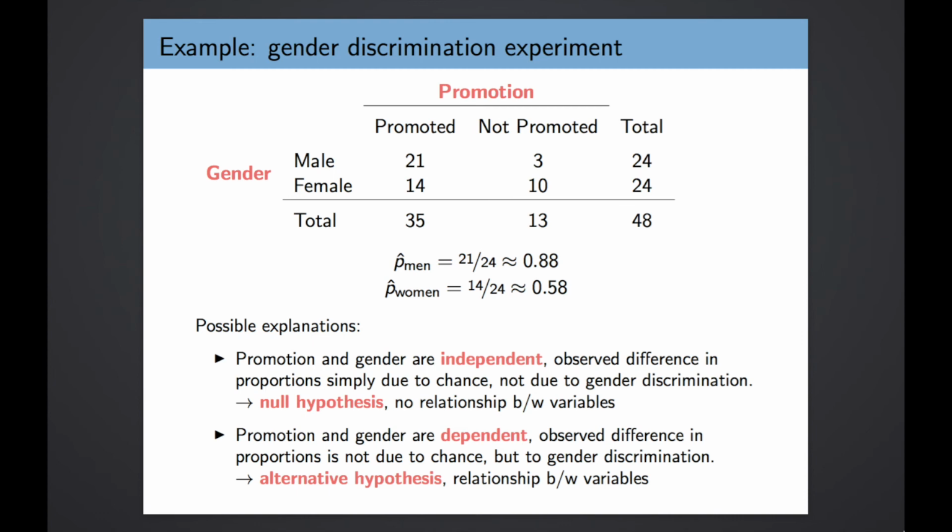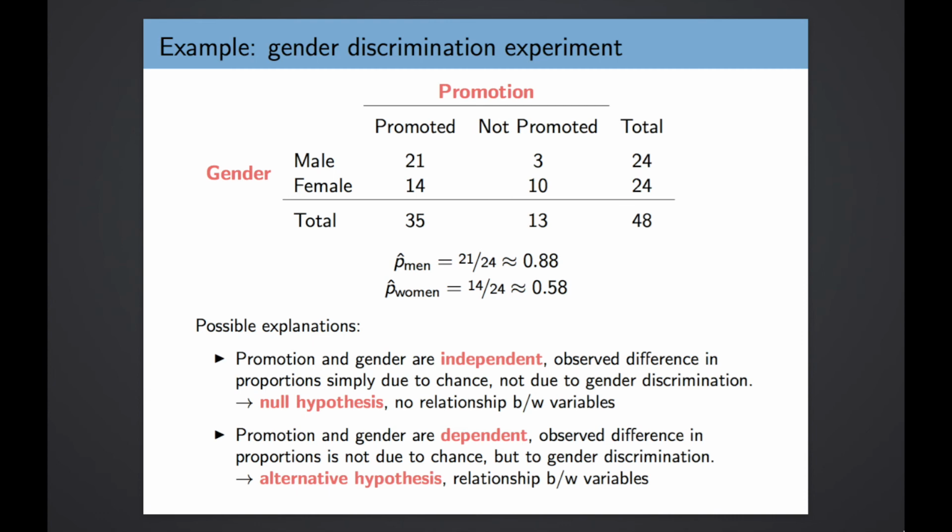One of them is that promotion and gender are not related to one another, and the difference in these proportions is just due to chance rather than any systematic difference in the promotion rate for men and the promotion rate for women. This is going to be what we call our null hypothesis, that there is no relationship between these two variables, gender and promotion. Our research question asks, is there a relationship between these two variables? And the null hypothesis takes the skeptical approach